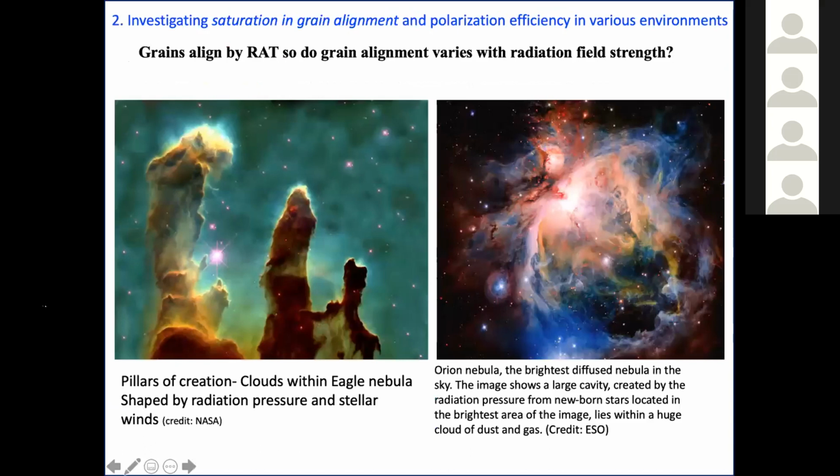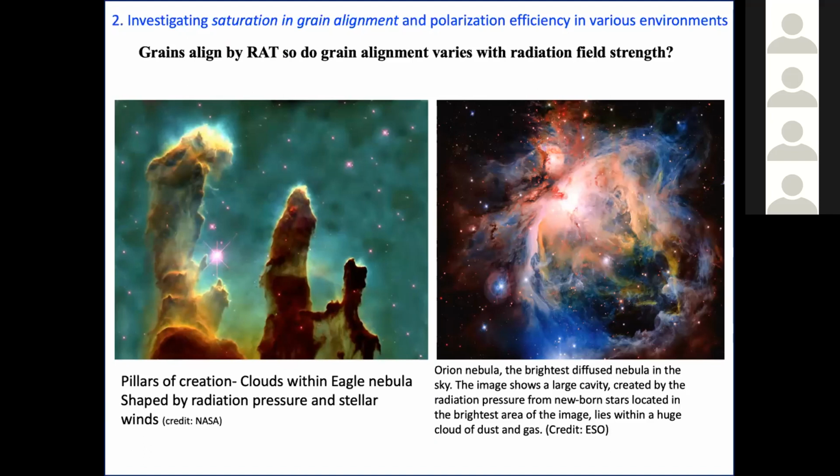So the second investigation on the same region was that, as BJ said, RAT is able to describe or prove the grain alignment and polarization. So we wanted to do this test on RAT: what happens if we keep increasing the strength of the radiation? Do we reach a limit where all the grains are aligned, or where we have a saturation in the grain alignment efficiency